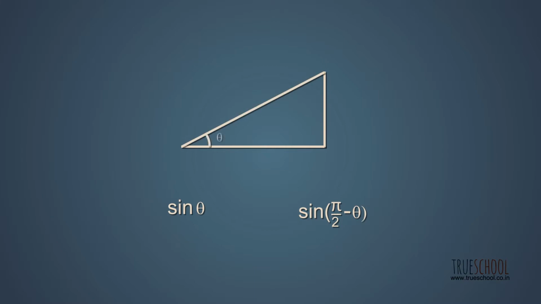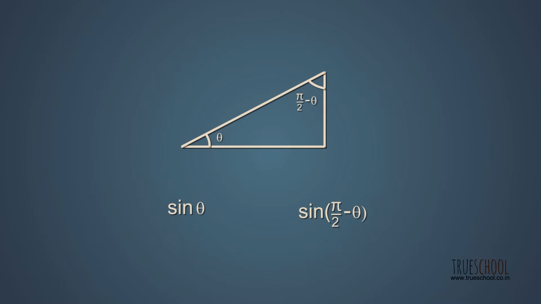Now we will learn how to find the relationship between trigonometric functions for theta and pi by 2 minus theta. You might ask, what's so special about pi by 2 minus theta? In trigonometry, we have talked about a right angle triangle with one angle as theta. But there is a third angle sitting right here, which we have neglected so far. Mathematically, this is pi by 2 minus theta. For acute angles like this particular theta, we say this is the complementary of theta. So let's see how the trigonometric functions of these two angles are related.